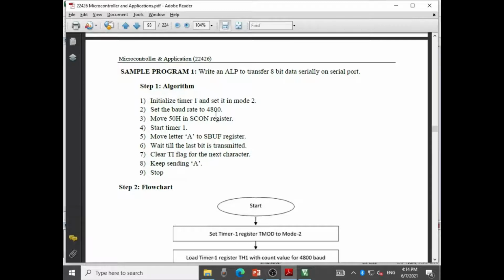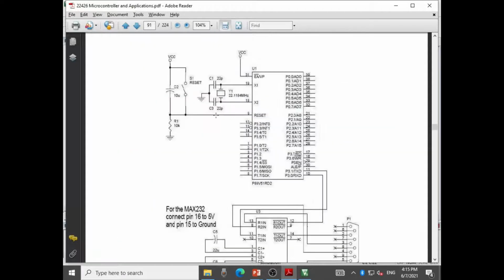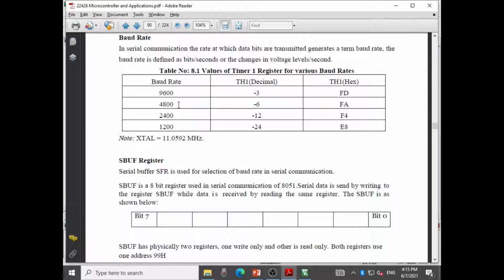The next step is to set the baud rate of 4800. Now I want to transmit the character capital A with the speed of 4800. Now there are different values corresponding to different baud rates, and these are shown here. So as I want to transmit the data with a speed of 4800, I should load TH1 with the value of -6, or alternatively I can load TH1 with the hexadecimal number FAH.